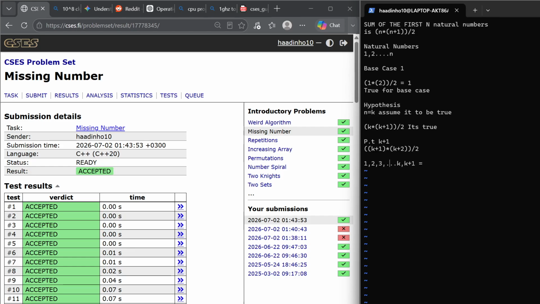We are going to add everything: 1 plus 2 plus 3 plus all the way till k, and then plus k plus 1. It should be equal to this thing. We already know from our hypothesis that up to k, it's equal to k into k plus 1